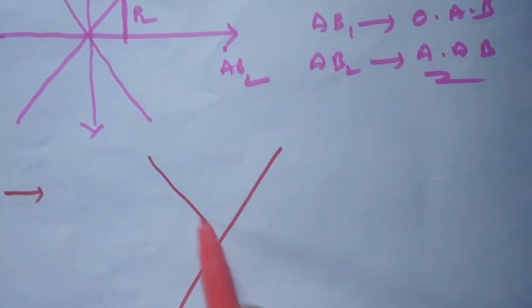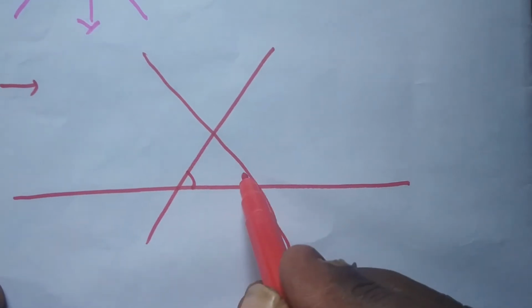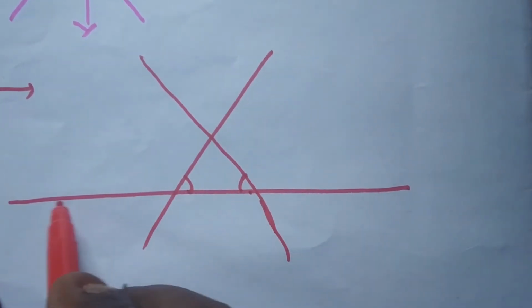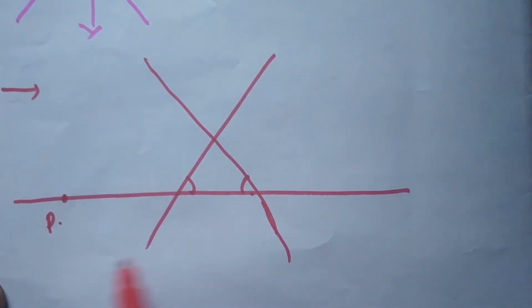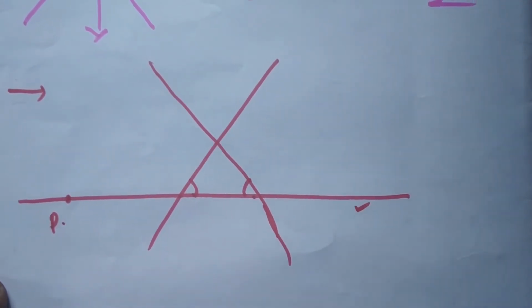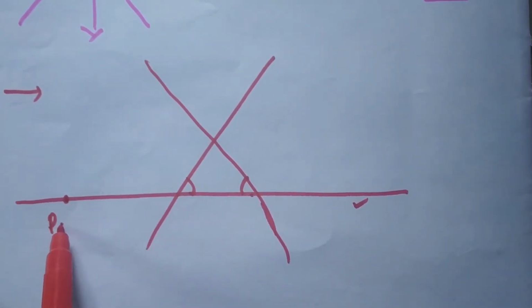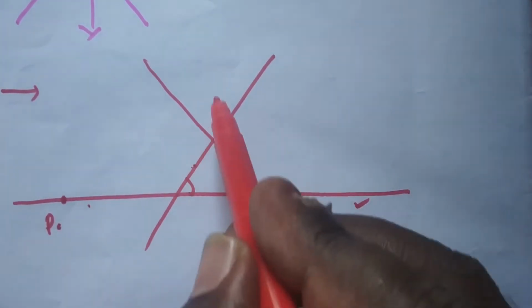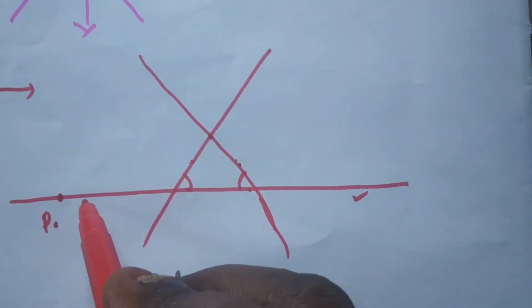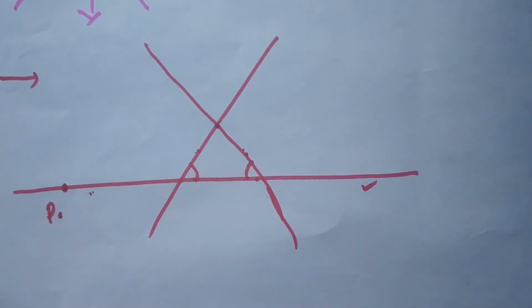Suppose these are two lines. Some line is equally inclined to the two lines, so these two angles are equal. That line is passing through some point P. Now, how to find the equation of the line passing through this point P equally inclined to these lines? This line is not passing through the point of intersection. If it is passing through the point of intersection, that becomes the angular bisector. This is the equal inclined case.